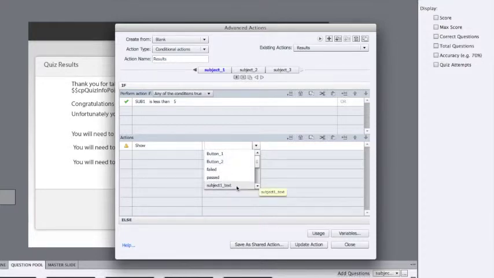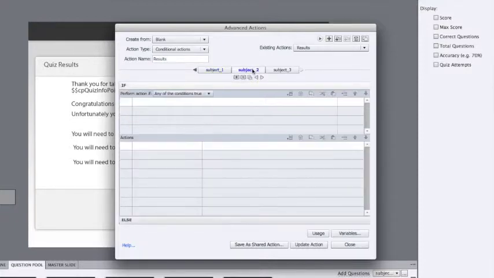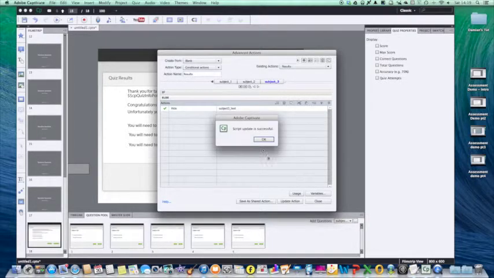our subject 1 text. So this is why we need to make sure that we've labelled all our text boxes accordingly. Otherwise, we'll hide subject 1 text. So we do this for the other 2 subjects. So we've got green ticks on all of those, so it thinks the code is correct. We update our action,